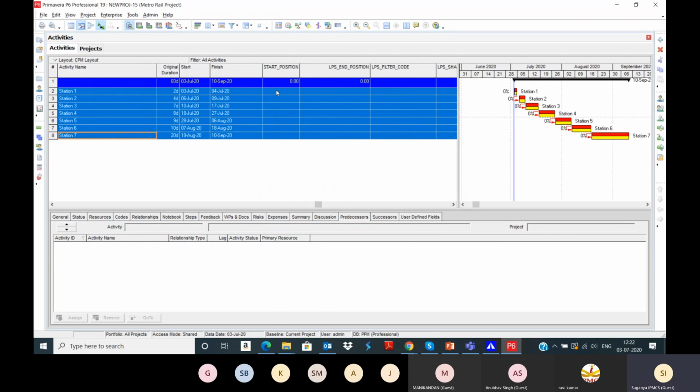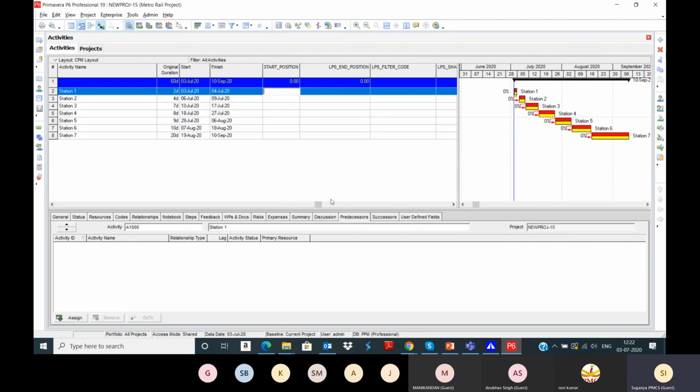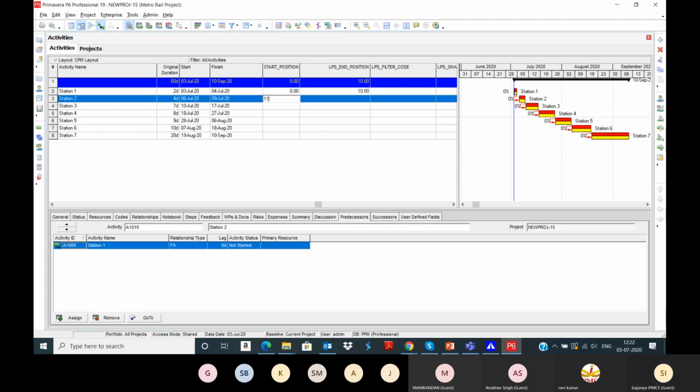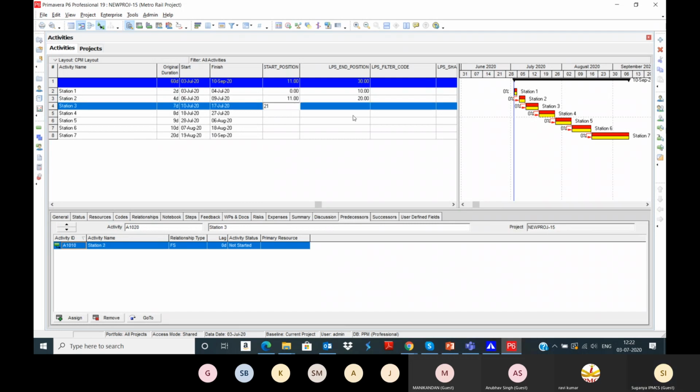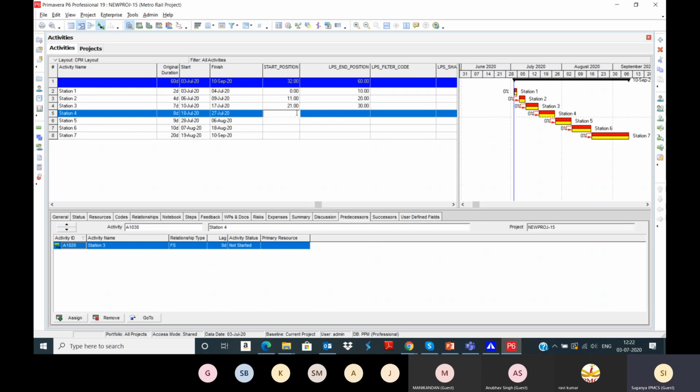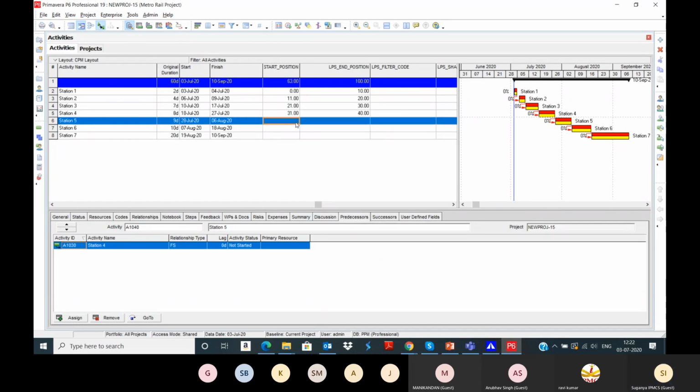Now you can enter the start and end position. This is going to start from, say, for example, 0 to 10, 11 to 20, 21 to 30, again 31 to 40.